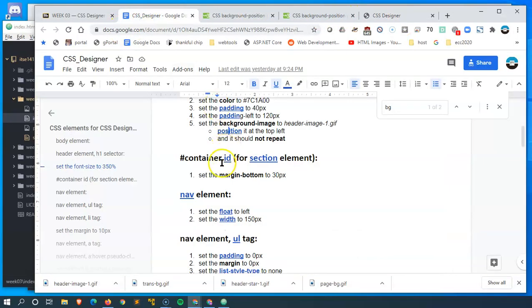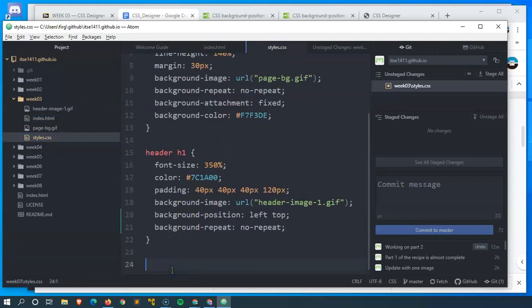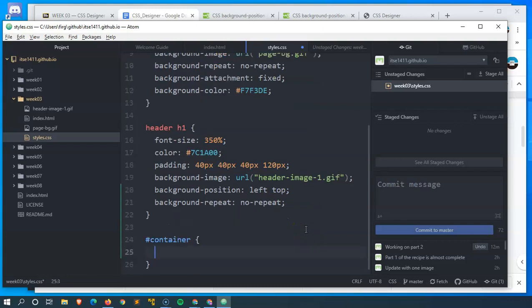The recipe says that this ID should have a margin bottom set to 30 so that it gets pushed from the bottom. So before I do anything, I need to declare a container. The container is going to be an ID. So it doesn't really exist. It's something that we're adding to the code. In our styles.css, we will provide it with hashtag container, because that's the ID, and open up the curly braces, and we want it to have a margin bottom